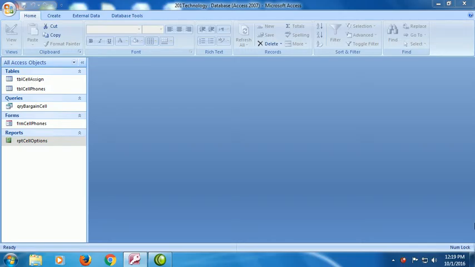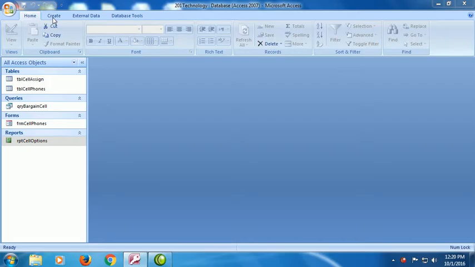So now that we've looked over the database in general, we know what the tables, queries, forms, and reports are, where they are, and kind of sort of what each does. The first part of your actual project is to build a table. So we're going to build a table in Design View, and that table is supposed to hold information about our